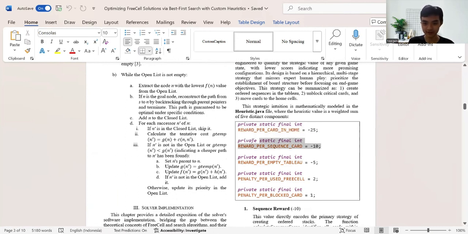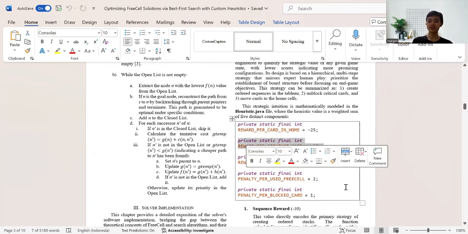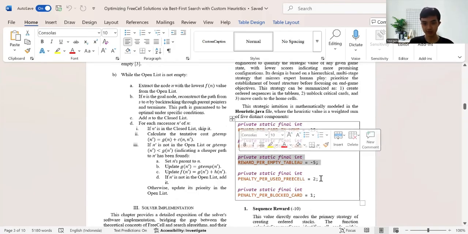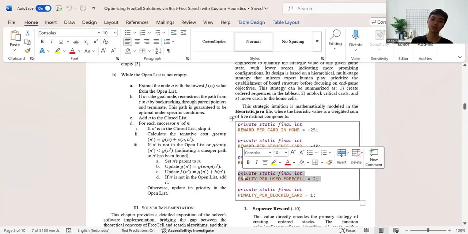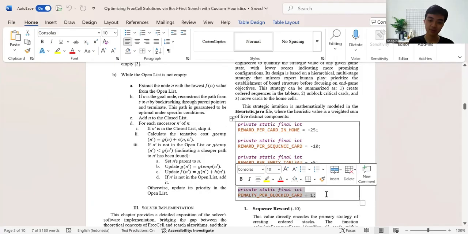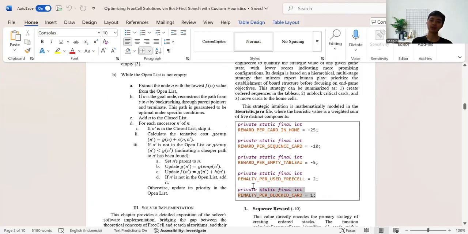Then the second is we want to create card sequences. And then empty tableaus, we don't actually want to overuse FreeCells. And a penalty per blocking card heuristic equals 1. Now, this heuristic actually means something when implemented and tested, from the results before. And I think this